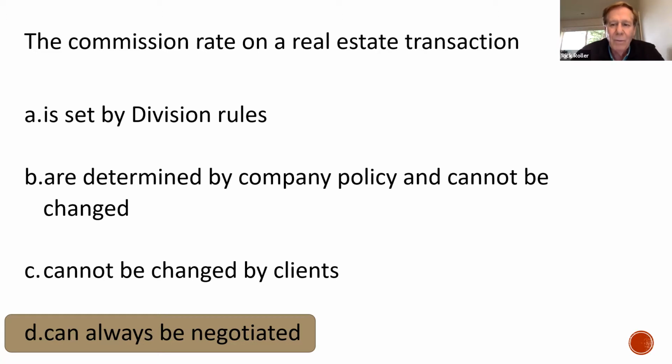Now, you say, well, wait a minute, we can't share commissions with people that are not licensed. Well, neither your seller nor your buyer is licensed. But on the other hand, they are parties to the contract. One's the seller and one's the buyer. So you are negotiating your commission, but it's not like you're paying them a commission. They're just negotiating how much it is. Okay, so any questions about that? Cool. Let's look at the next question, please.